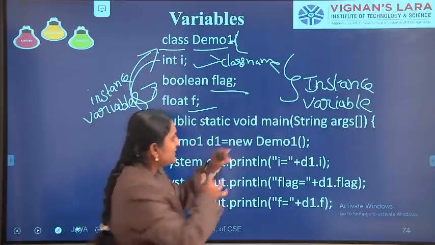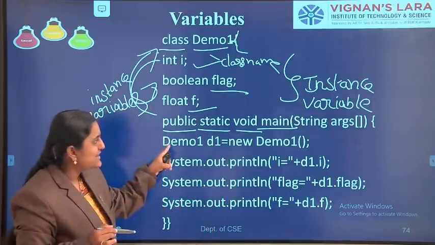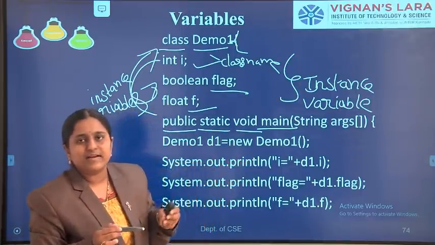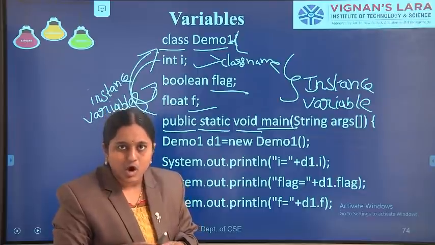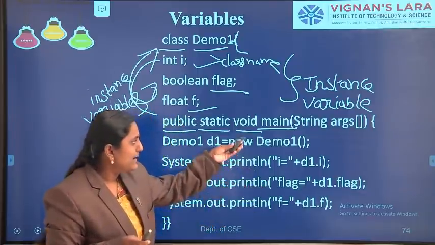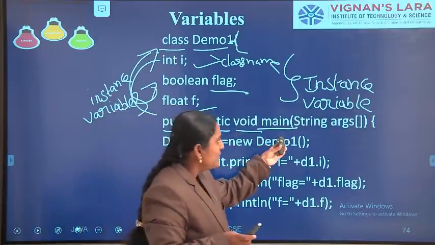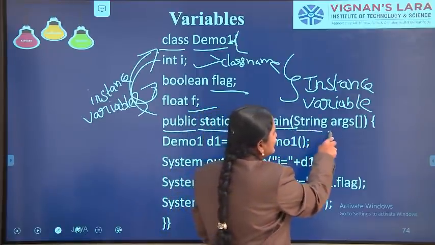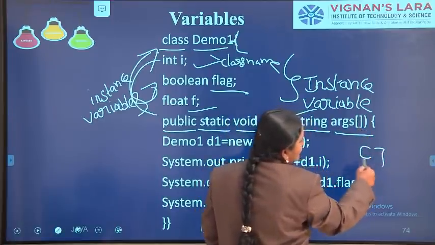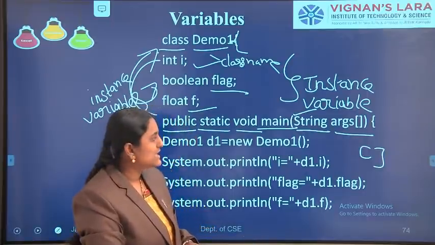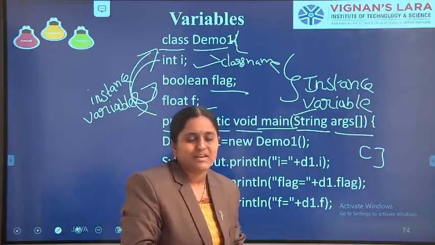Next we have to write the main method. The main method contains 3 keywords: public, static, void. Here public is the access specifier, and static is the keyword. Static members can be executed without the help of any objects. Void is the return type, it does not return anything. Main is the function. Every program's execution starts with the main method. The main method contains arguments. String is a predefined class, and its first letter should be uppercase. Whenever JVM finds the square brackets, it creates an array. These are the command line arguments. At runtime we can access the values with the help of wrapper classes. I will explain that in a future concept.